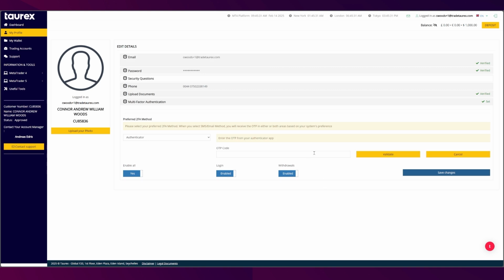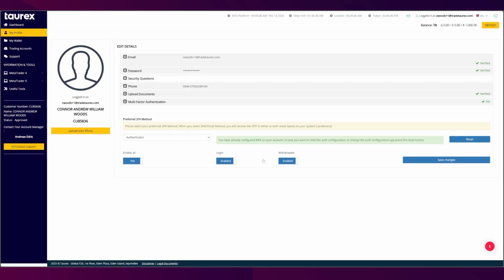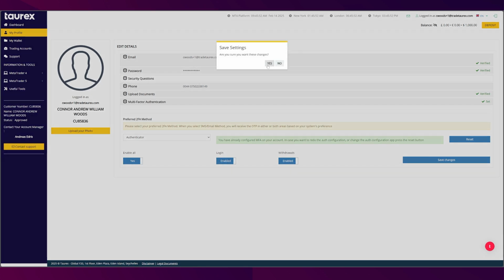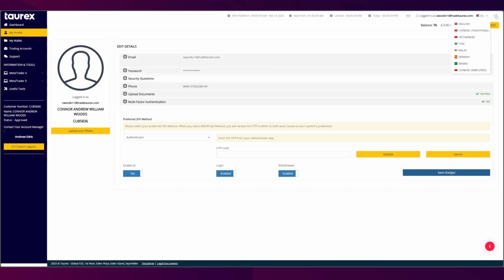So go back to the app and type in the code and click validate. Now you can see it's enabled for all of the login and for the withdrawals, and you can turn them off and on if you like. Just make sure you click save changes each time. So if we log out